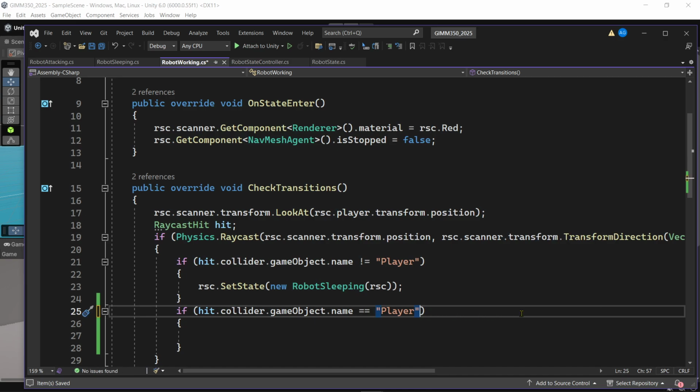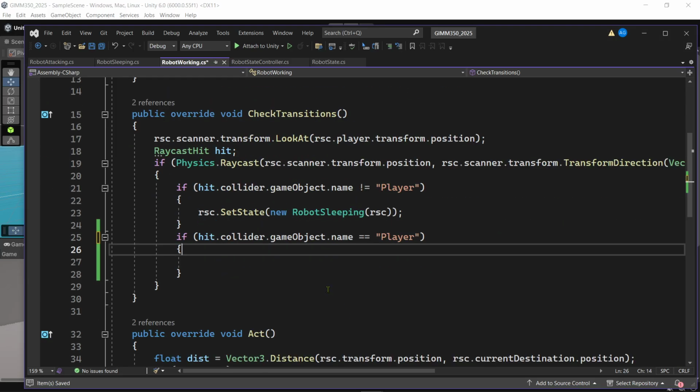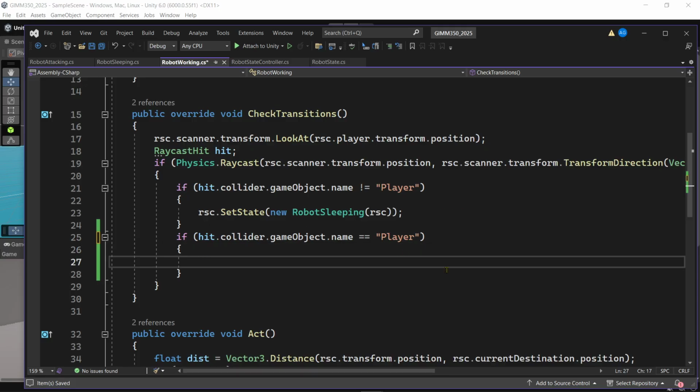I wanted to put it there, but we could, but we'd have to add other code up here. So we're just going to add it within here. So if it hits player, then we're going to get a float. We're going to just call it dist as temporary, right? And that is equal to